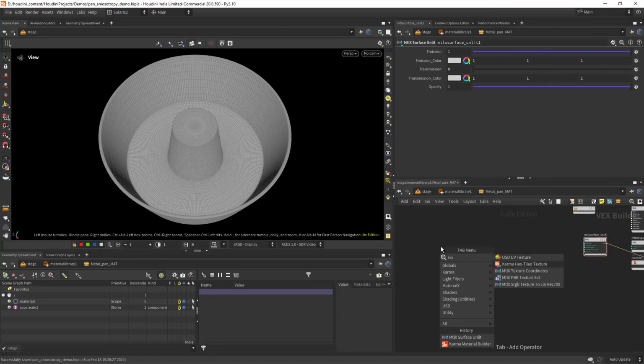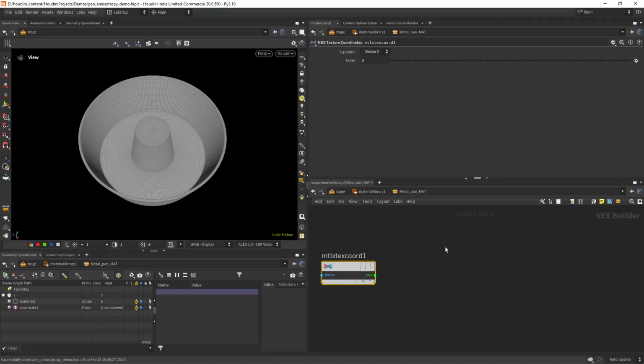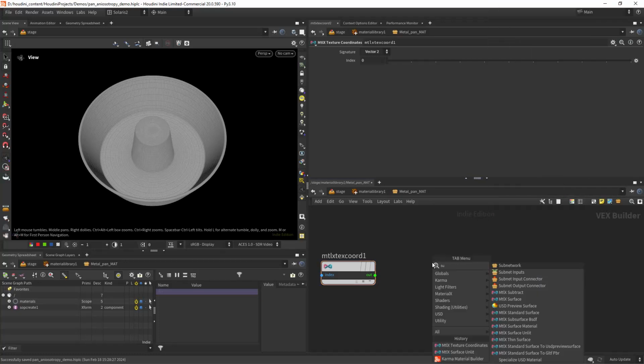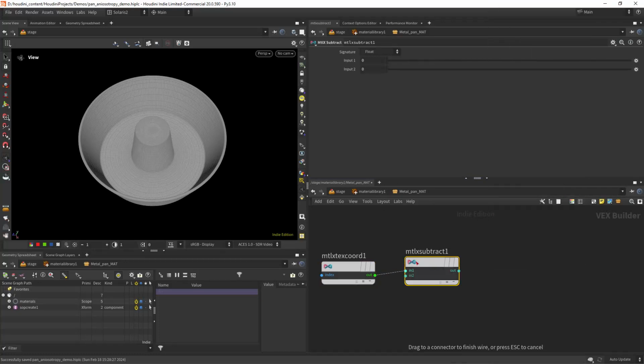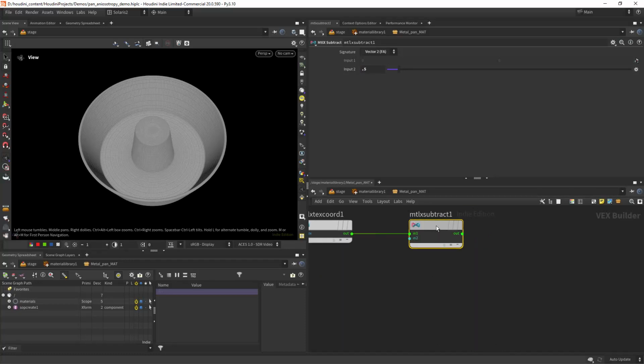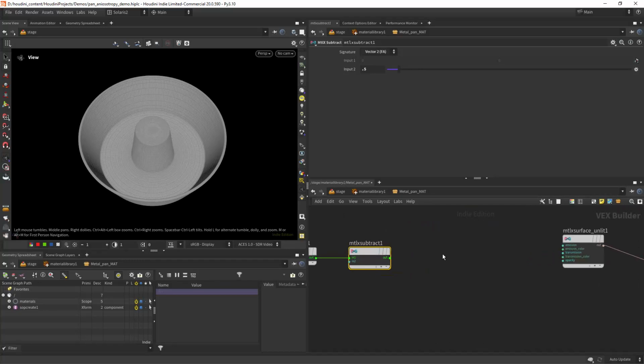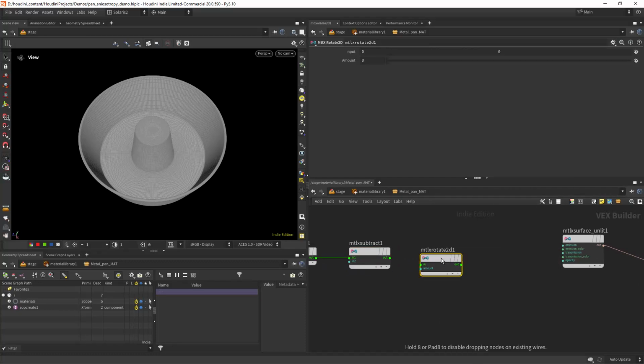So let's start by creating a texture coordinates node, and I will just do the formula, and we will need to subtract. If you're looking to create this sort of effects, you can search for Blender procedural texturing, and you will have a lot of these sorted out for you, and you just need to recreate it in MaterialX. So rotate, that's what I usually do. We can keep here a rotate,